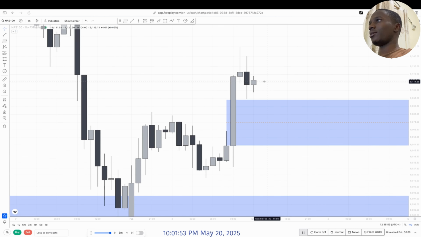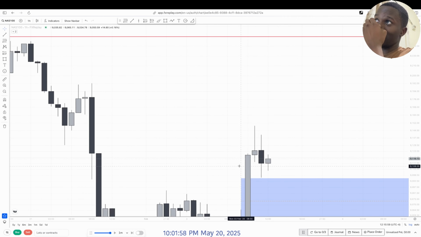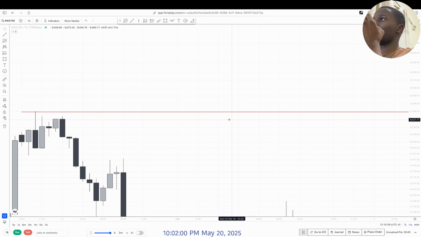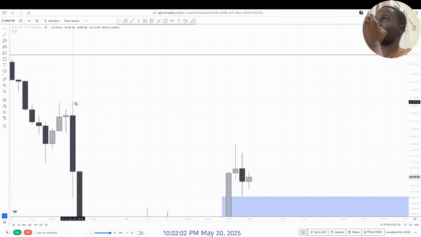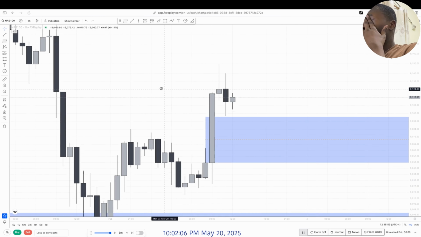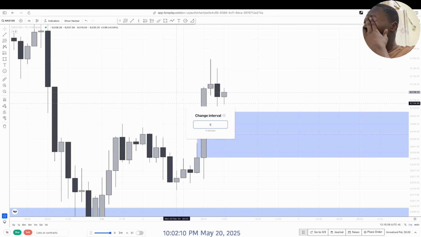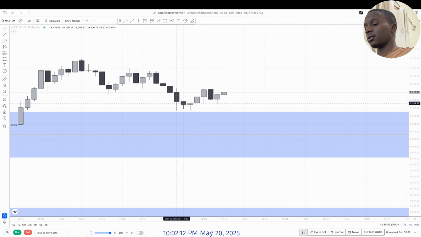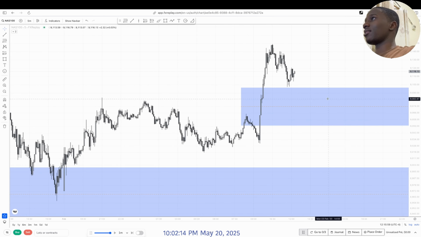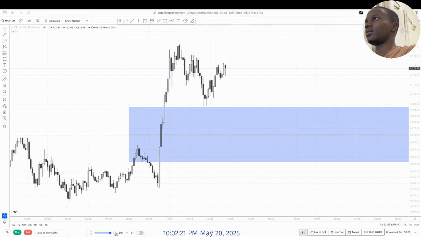You can see that on the 1 hour it was actually tapped in. So maybe let's see if the 2 hour does it, and then we can expect to push higher to this previous weekly high or this one. We're about to start the PM session on Monday, so maybe around the 5. I usually would like a better entry on the 5 minute than on any other time frame. So let's see if we get a small drop as we needed.